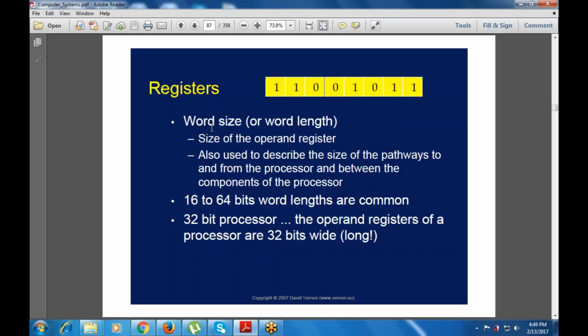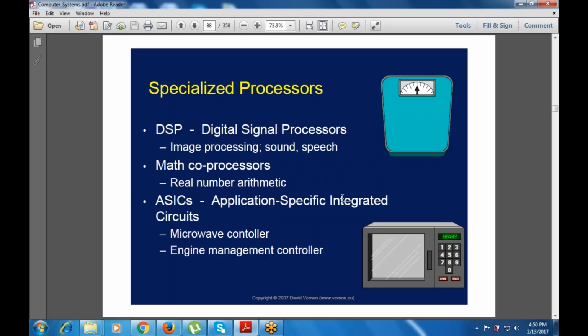Now, this is the word size or the word length, that is the size of the operand register. It is also used to describe the size of the pathways between the components. So, for example, if I'm talking about 11001111, this is the operand. Word lengths of 16 to 64 bits are common, and 32-bit registers. So one is the DSP, that is the digital signal processors, application specific